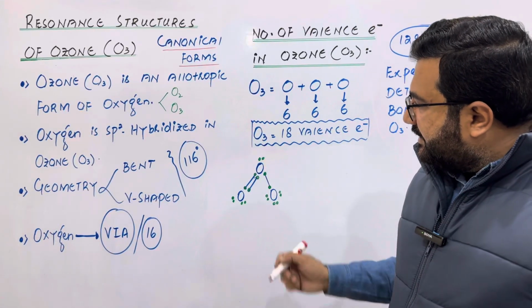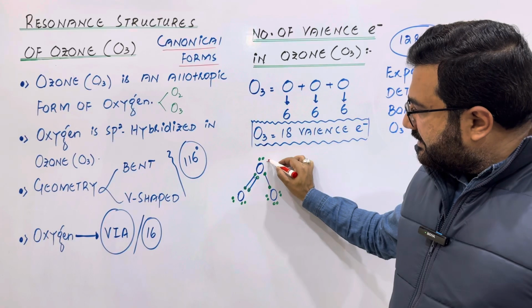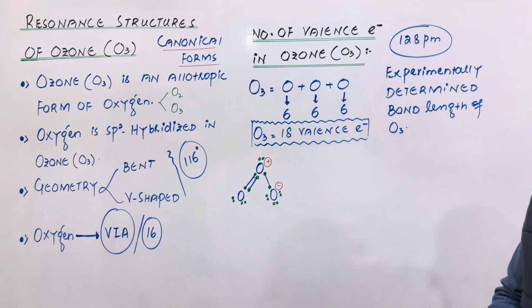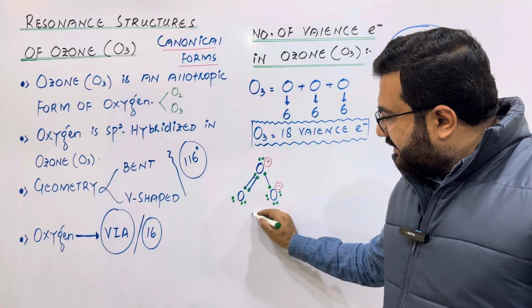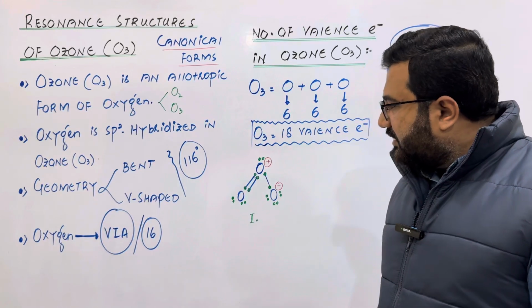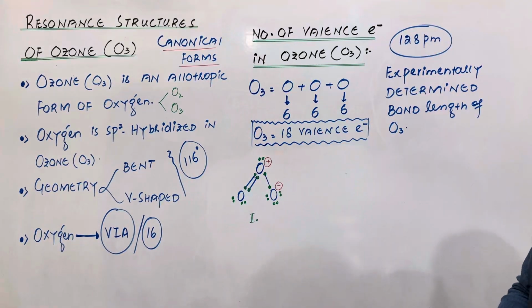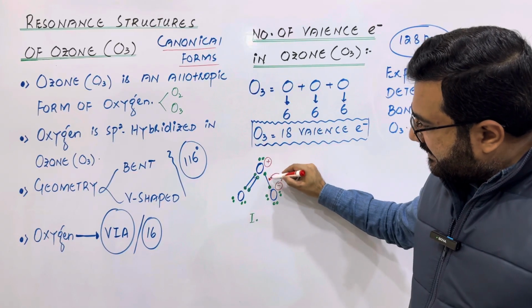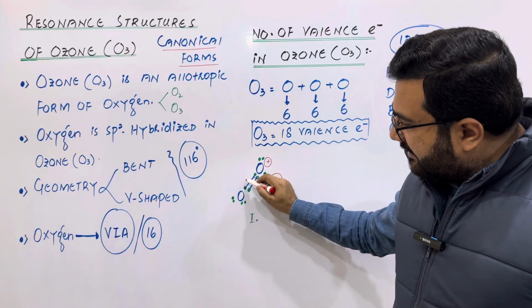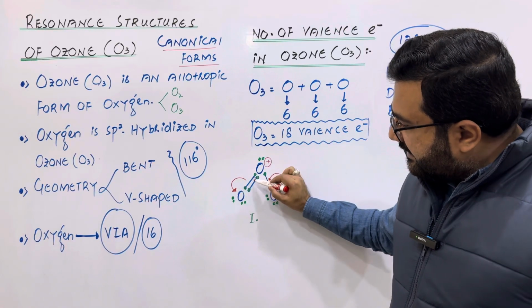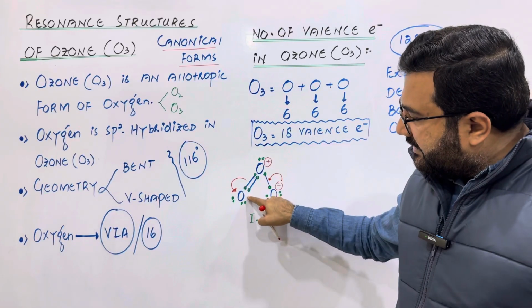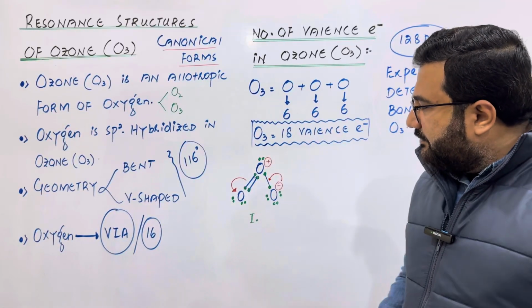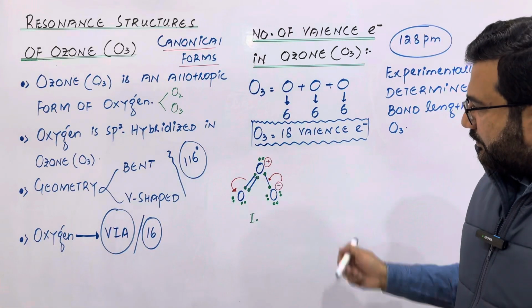Now, dear students, the oxygen which has formed more than two bonds carries a positive charge, and the oxygen which forms fewer than two bonds carries a negative charge. So this one is the first proposed structure of ozone. Now, the negative charge of this oxygen can move here, and it can convert this single bond into a double bond, and similarly, one bond pair from the other side will be given to this oxygen atom, and the double bond will be changed to a single bond. So the next proposed structure should be